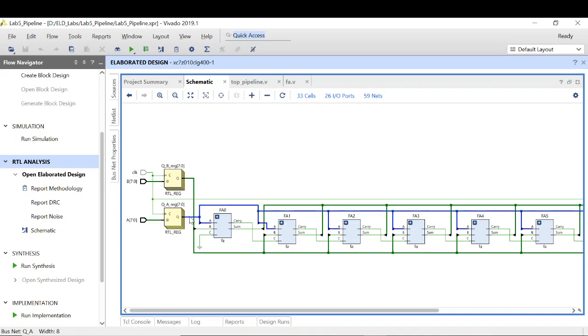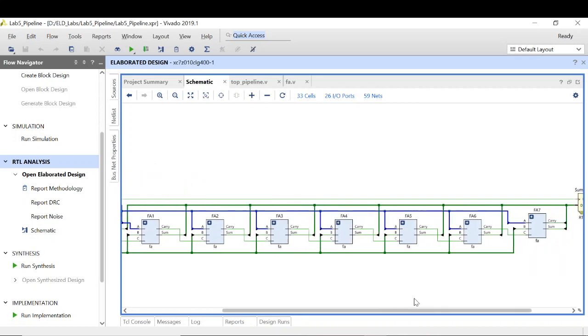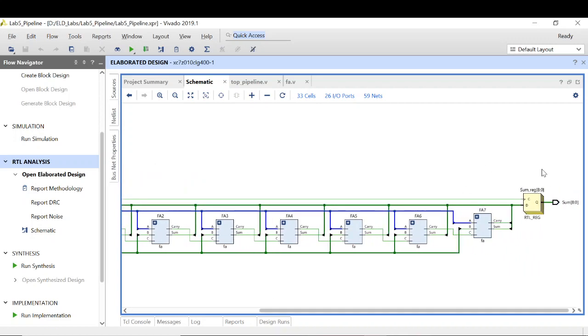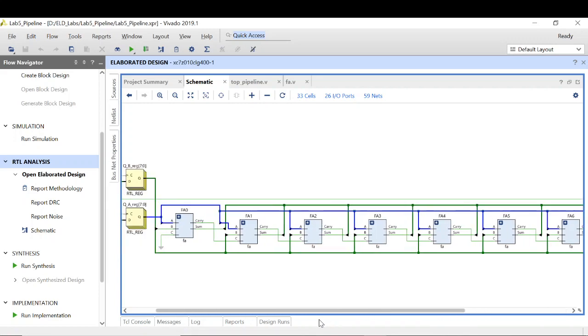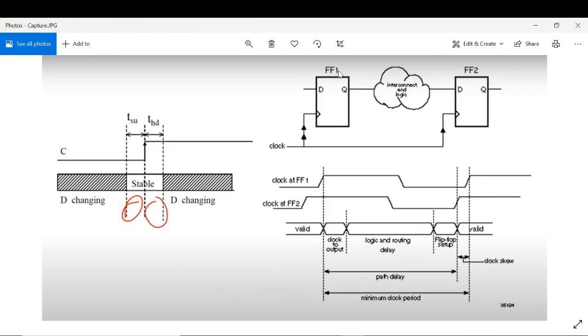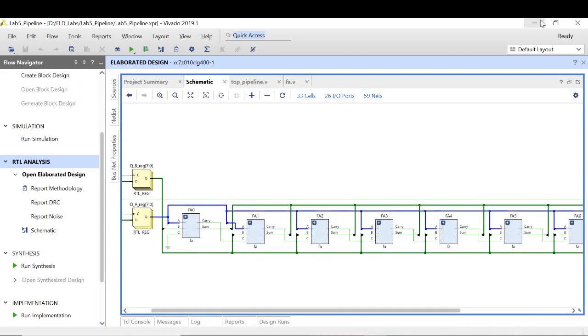If I look at here, A is going to every A of these flip-flops, and finally at the output of the flip-flops, there are 9 flip-flops for the outputs as well. So my design is looking pretty much like this, right? This was a single port design, so there are multiple ports, so there should be multiple flip-flops at the input and multiple flip-flops at the output as well, right?